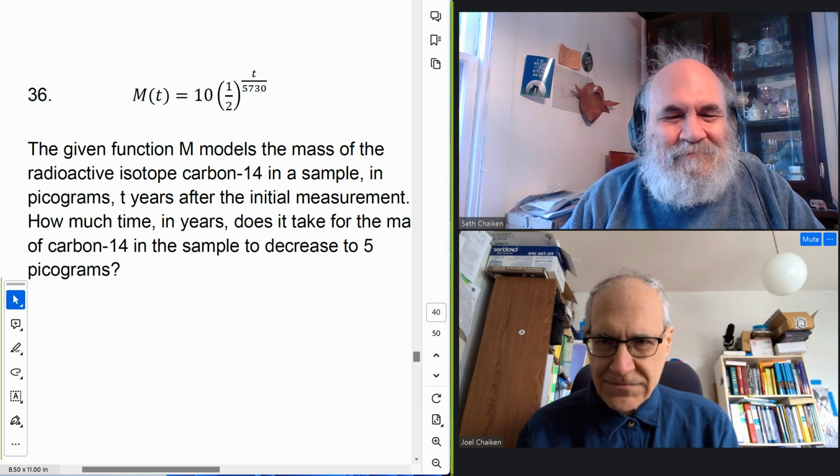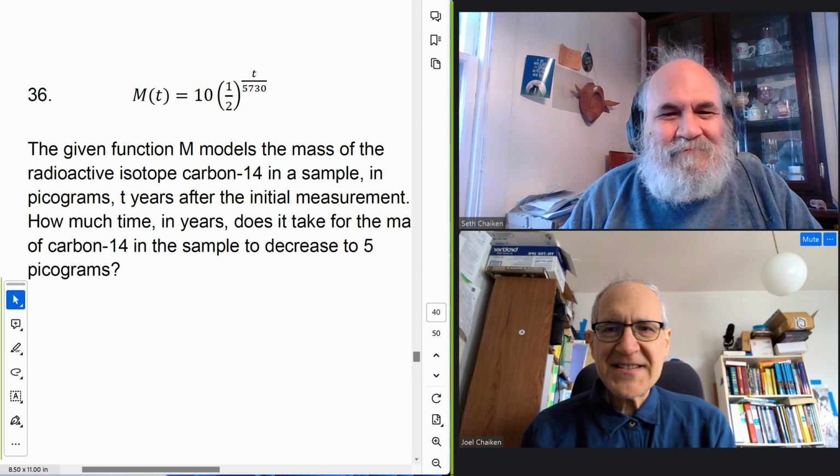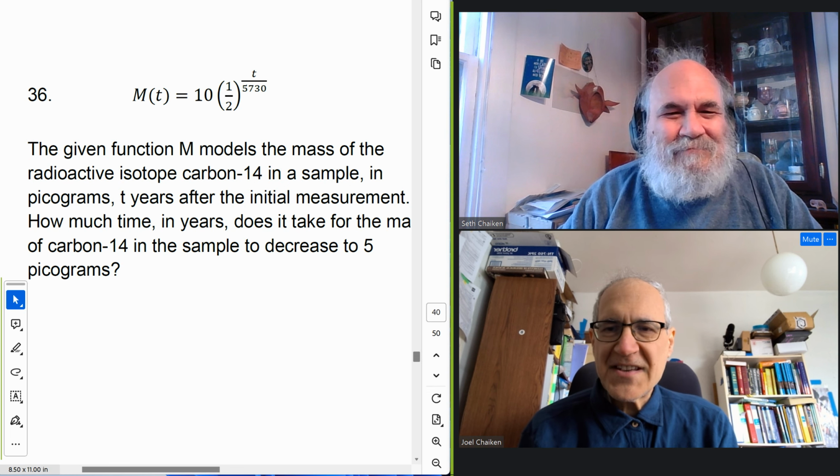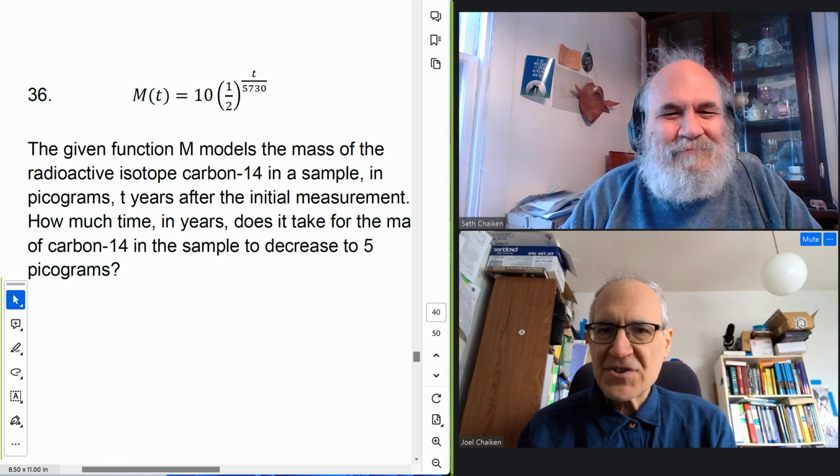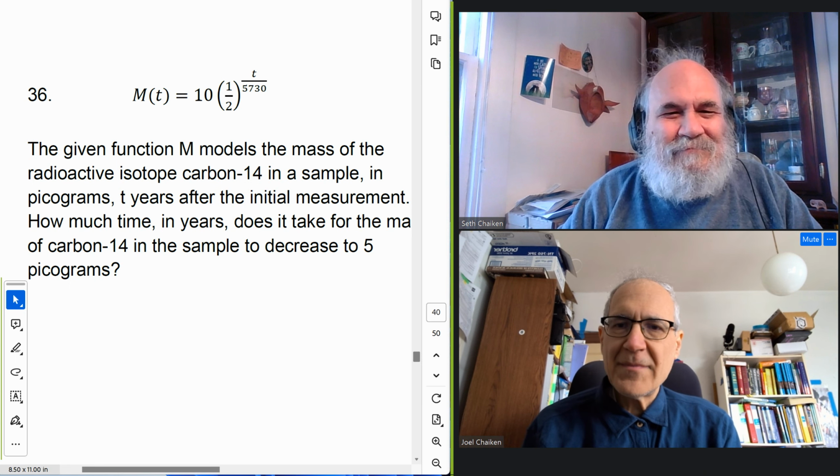M of t is 10 times 1/2 to the power of t divided by 5730. The given function m models the mass of the radioactive isotope carbon-14 in a sample in picograms t years after the initial measurement. How much time in years does it take